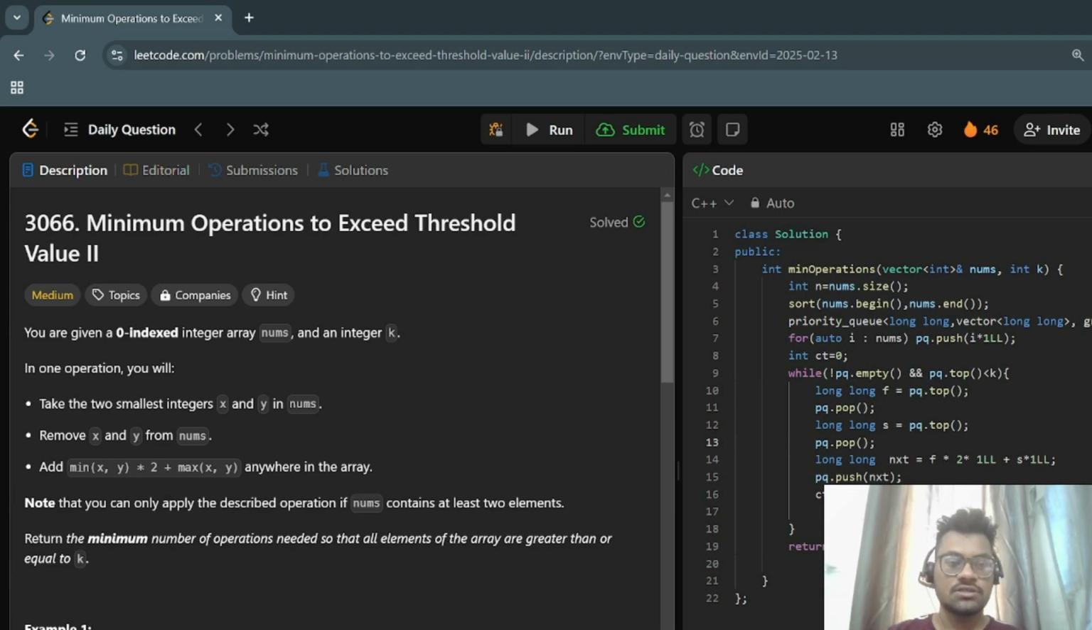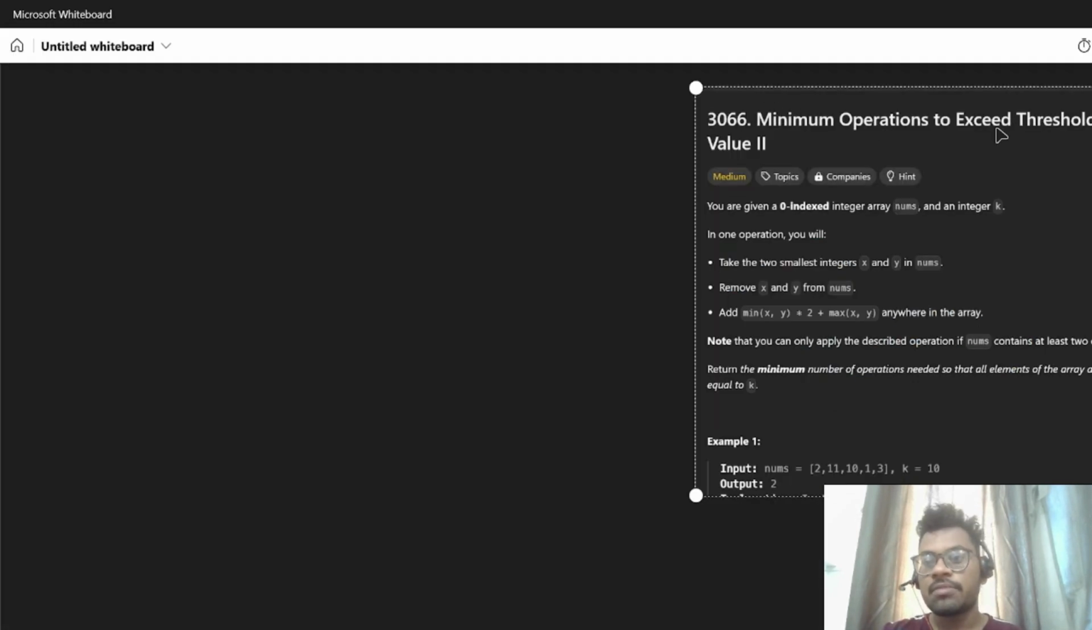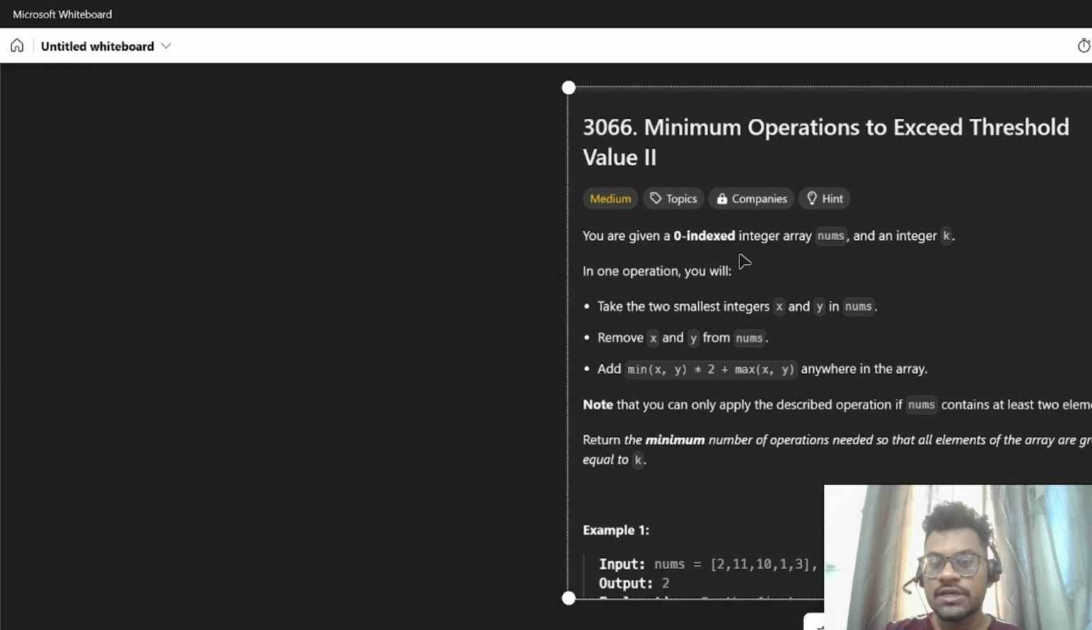So today we're gonna discuss the Leetcode problem of the day, which is Minimum Operations to Exceed Threshold Value 2. You are given a 0-indexed array nums and an integer k. In one operation you will take the two smallest numbers x and y in nums, remove x and y from nums, and add min of x comma y times 2 plus max of x comma y anywhere in the array. Note that you can only apply the described operation if nums contains at least 2 elements. Return the minimum number of operations needed so that all elements of the array are greater than or equal to